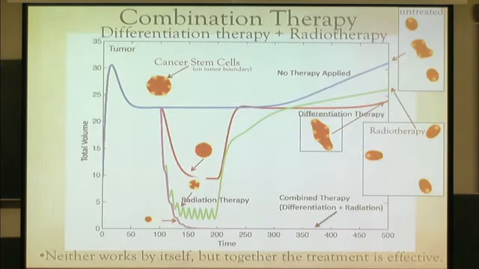And so here's an example of what happens. This is a plot of volume over time for different types of therapies. This blue curve is the case when you don't do anything. So the tumor actually will grow, then it gets under feedback control for a while, but then it will eventually take off and produce these basically fragments that invade.